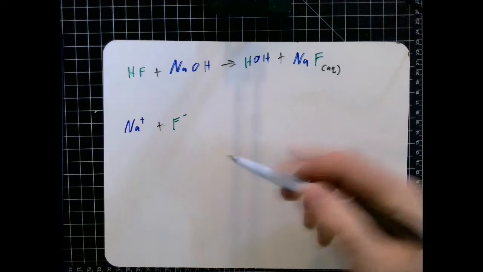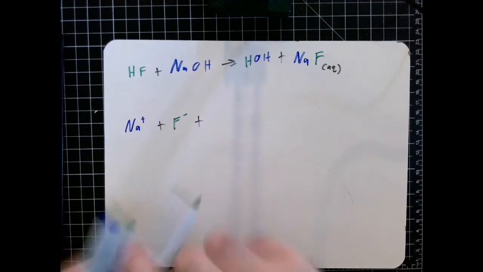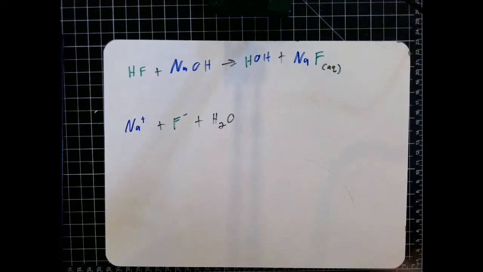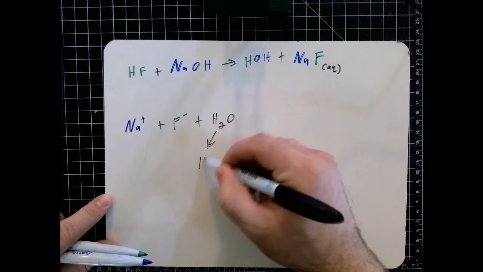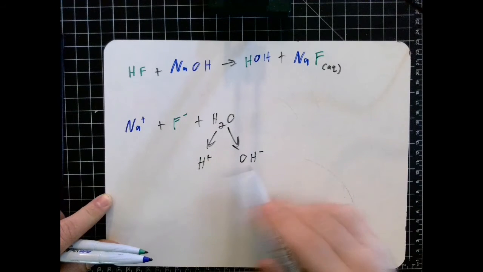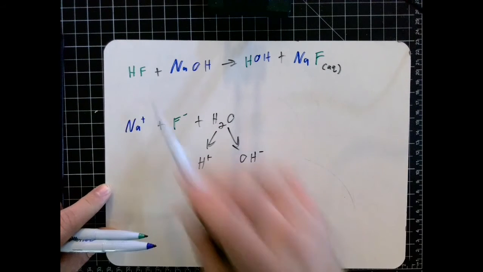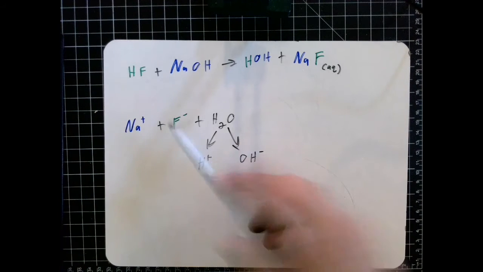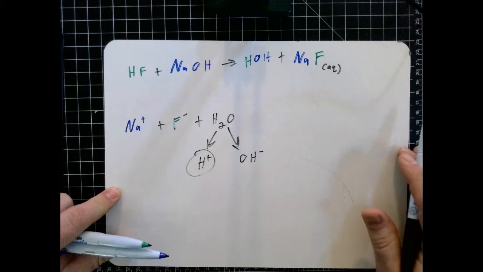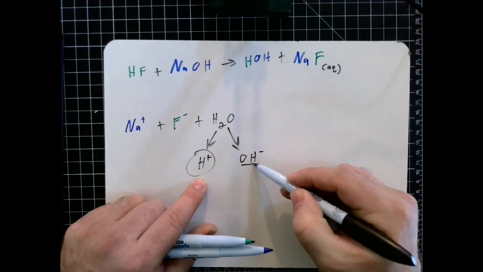Now what's going to happen here? Well, this is still going to interact with the water, the H2O. And that H2O is still going to naturally dissociate. So we've got H plus and OH minus, right? It naturally does that. But remember, the reason hydrofluoric acid was a weak acid is because this fluorine is more hungry for those hydronium ions than the hydroxide is. So this fluorine is still going to snatch some of these extra protons up